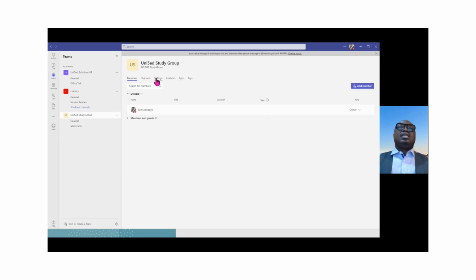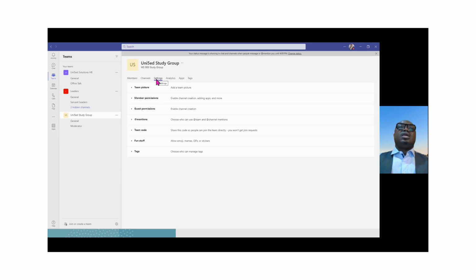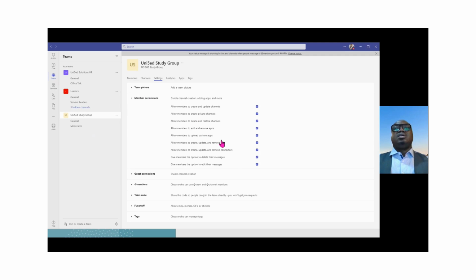Let's see settings. We can set member permissions. If we click on that, you can see you can give members the option to edit their messages. Yes, definitely that's needed. Giving members the option to delete their messages is needed. Allow members to create, update, and remove connectors.